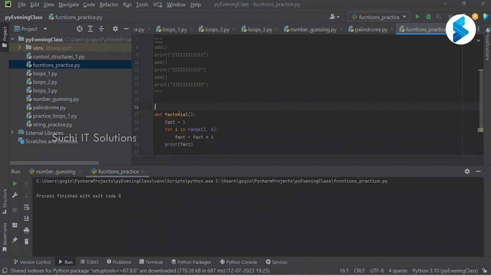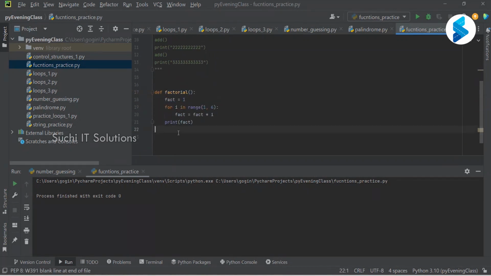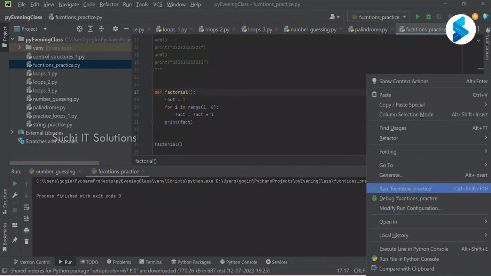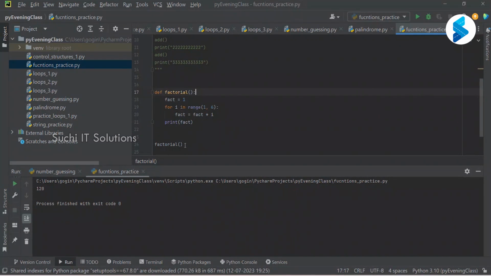Okay, so what is this factorial function doing? I have defined my factorial function and I'm calling my function. So it is executing this statement and this set of statements and giving the value for 5 factorial. Now, if I have to run this function for 6 factorial or 7 factorial or 8 factorial, what am